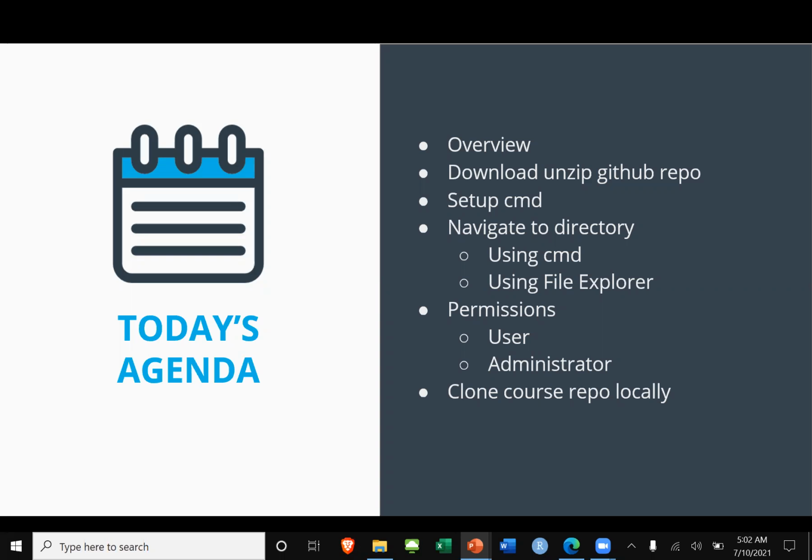Then I will show you how to set up the CMD. CMD is short for command line, and it's a Windows terminal. You should be familiar with this, especially from troubleshooting and debugging, because even using Google search, you can just copy and paste your errors, or just use CMD help. It gives you quite an array of answers and solutions. Then I'll navigate to the directory using the CMD, and show you a neat little trick on how to access CMD from the File Explorer,